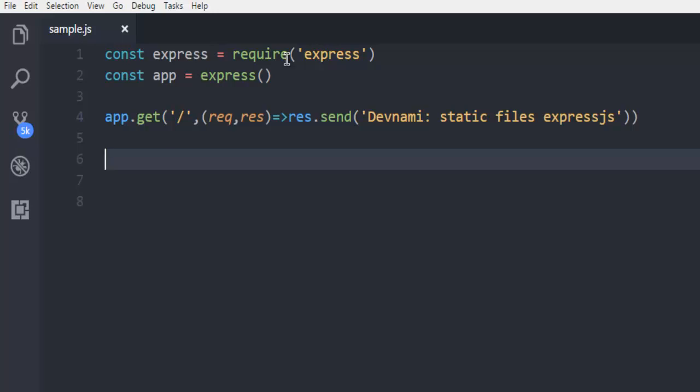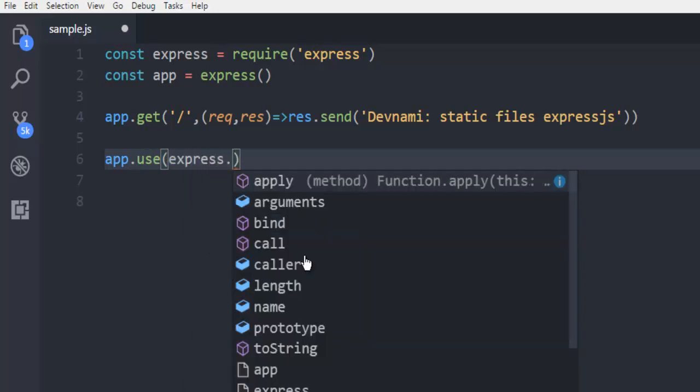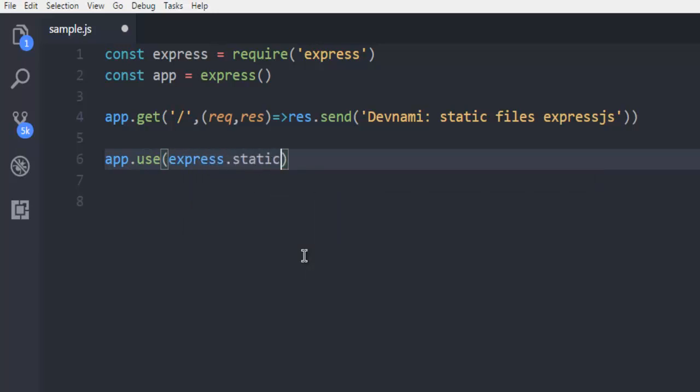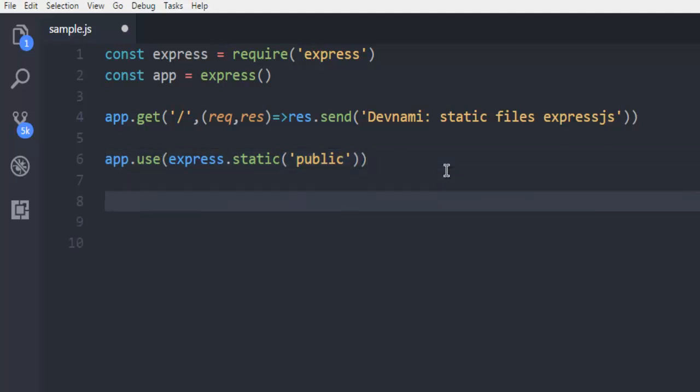serve this message. Now to use files from this public directory, I'm going to use simply app.use method, and here we are going to call express class, then static, and then call for method. This will have reference to my public directory. If you have any other name such as files or say static or images, then you can list it here instead of public. Okay, next thing, we can type in app.listen,